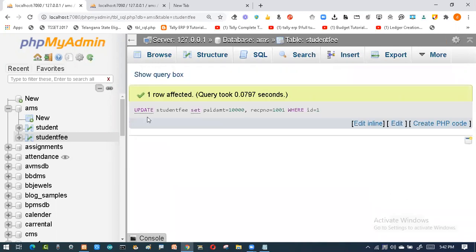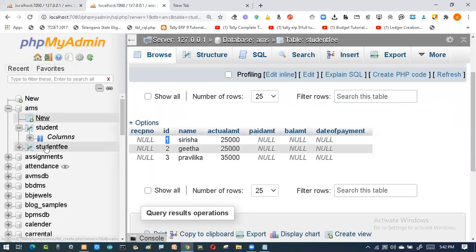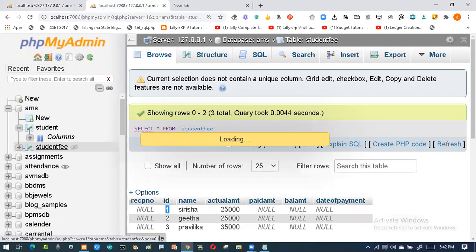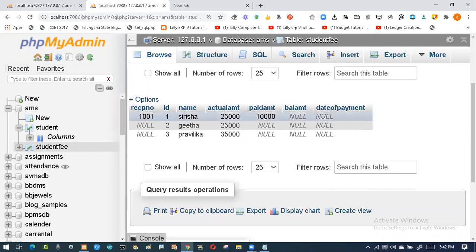Now you can see one record has been updated. Let's check whether it has been successfully done or not. You can see here the receipt has been generated and the amount has been received. How has it happened? Only with the update command, because the data is already there. It fills the gaps, or makes whatever changes you want to do to the table.